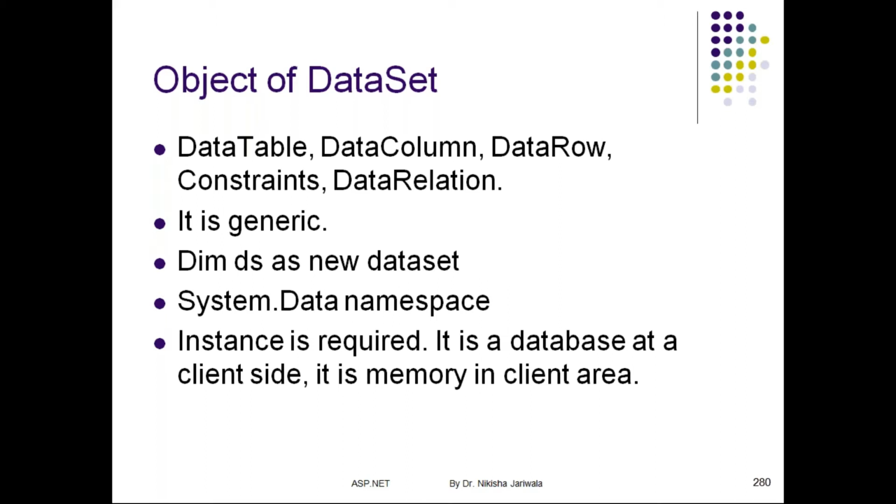because it is totally present in the disconnected part. Again, I repeat, it is totally present in the disconnected part, and as it is present in the disconnected part, it is not concerned with the kind or type of the database. So as it is generic, it is present in the system.data namespace, and the name of the class is just DataSet. We need to remember this important thing. And why is it like that? Because it is present in the disconnected part, so it is not concerned with the type of the database, right? So the class name will be just DataSet.